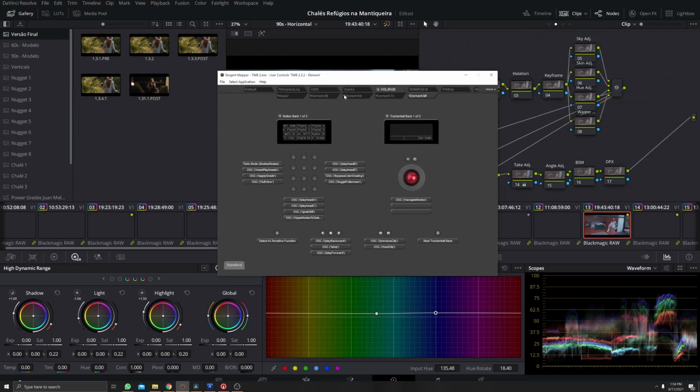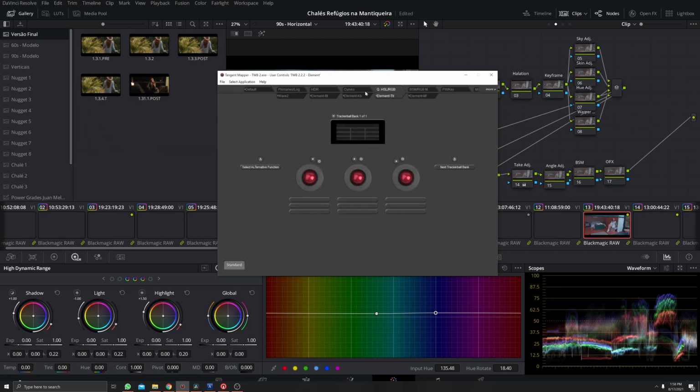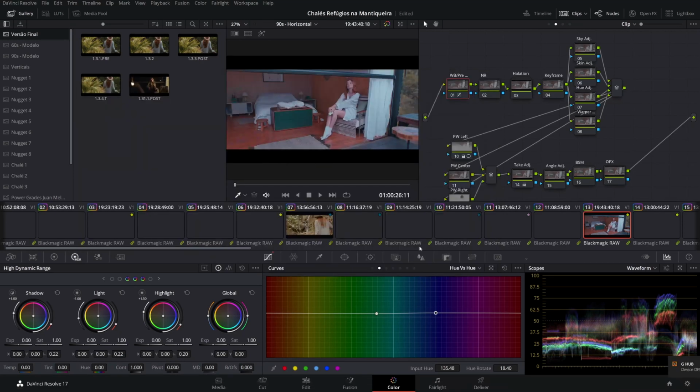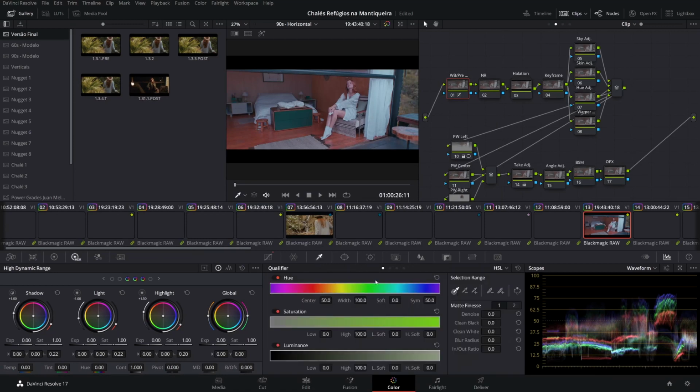Going to qualifier. Here on qualifier, the same for MF, nothing for TK. And for knobs, we have here the control of hue, center, width, soft and sim, and same for saturation and same for luminance. And pressing Alt key, you have the red, green, and blue. So you don't have to change between modes and nothing. You just have to be here. You can control hue, saturation, luminance, or red, green, and blue.